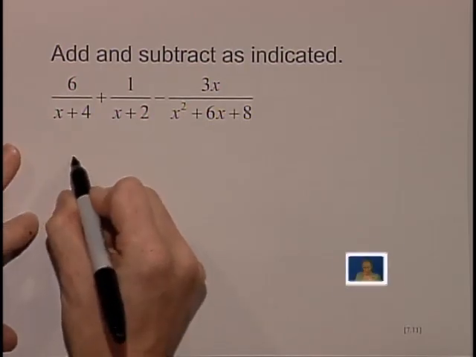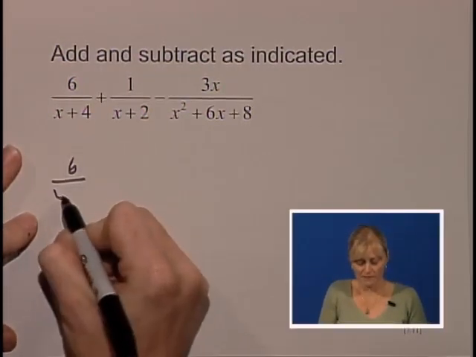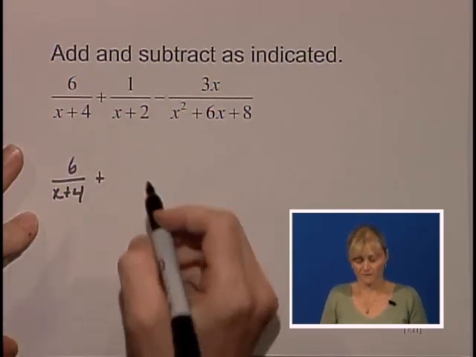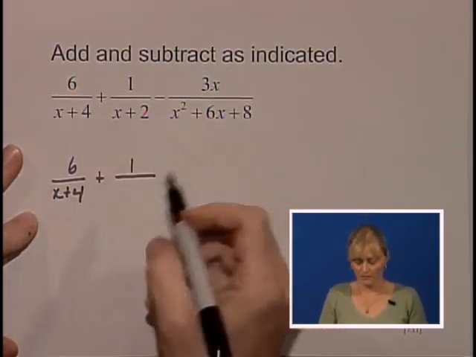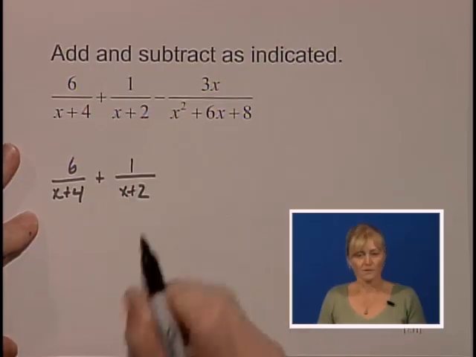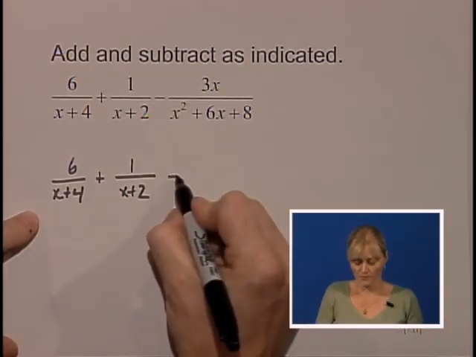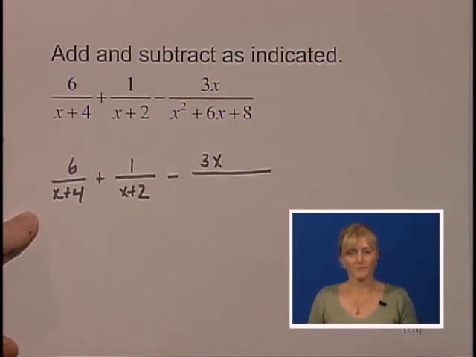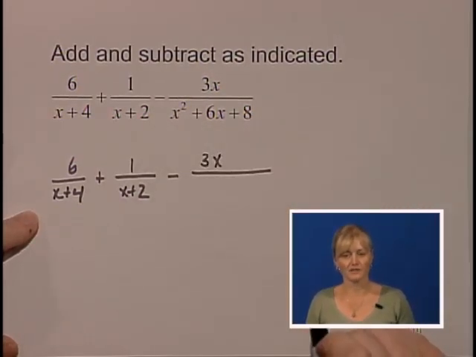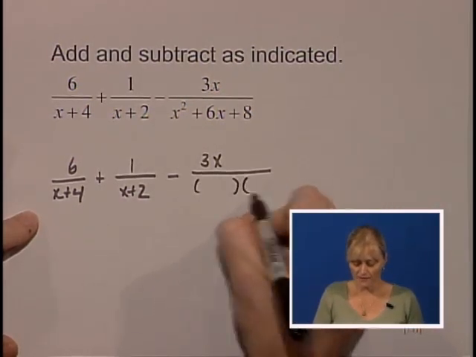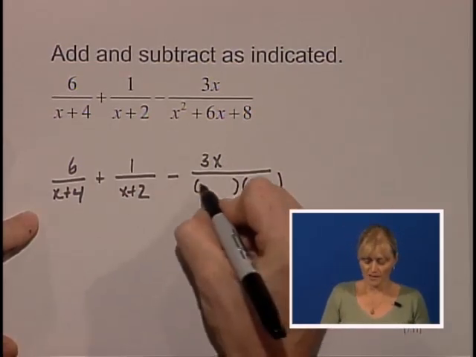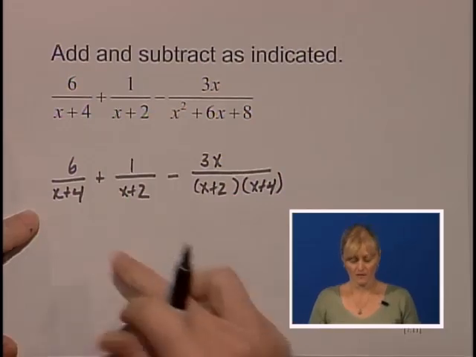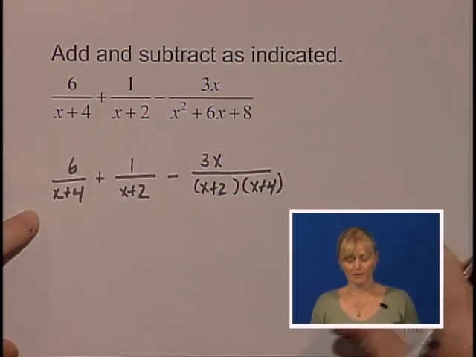next step. x plus 4 doesn't need to be factored, so we're going to leave that as is. Our second fraction has a completely factored denominator already, so we'll leave that as x plus 2. Minus our third fraction, 3x over, notice that this is a trinomial, leading coefficient is 1. So we can factor that into two binomials, x plus 2 and x plus 4. So now we can look at our three denominators and build our LCD